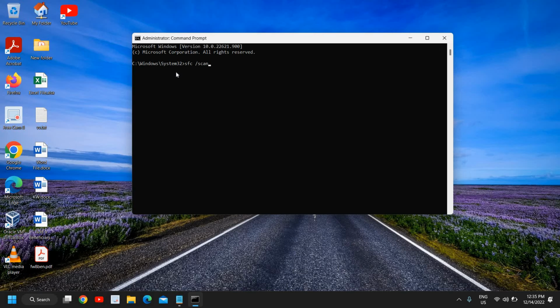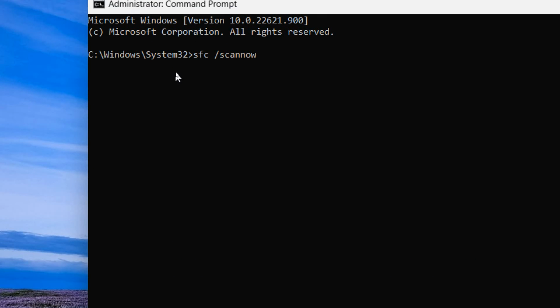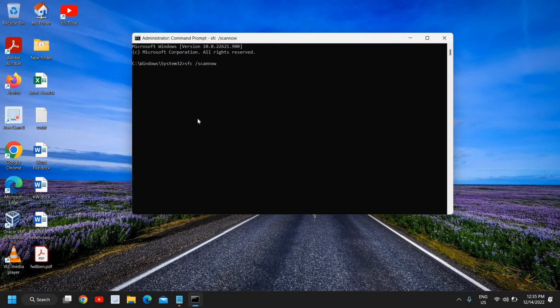sfc /scannow. I will maximize it so that you can see it. Once you have typed it, you need to hit enter, and this will start the whole computer scan, and this will fix the problems. If your computer has some problems, this will fix the issue, and then you just need to restart the computer,